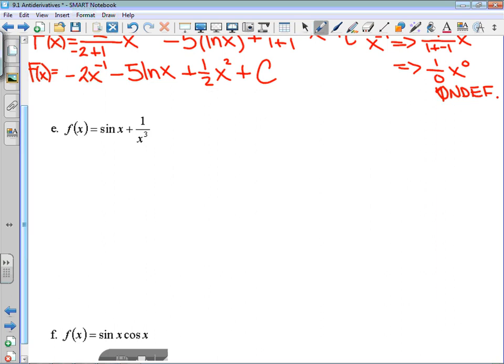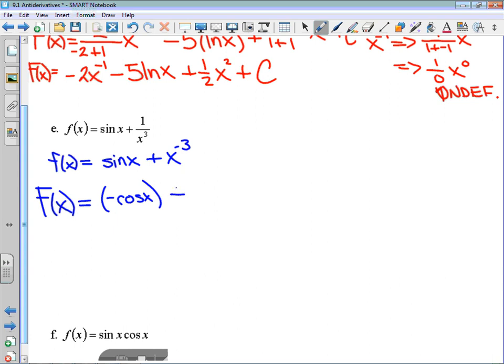I'm going to say that f of x is the sine of x plus x to the -3. And that means that the antiderivative of sine x is negative cos x. So negative cos x is going to go in place here, plus the original coefficient is 1. The original exponent is -3. I'm going to add 1 to that. It's going to be multiplied by the variable to the power of the original exponent plus 1. And then finally, I'm going to include my constant. So the antiderivative in this case is negative cos x minus 1 over 2 x to the power of -2